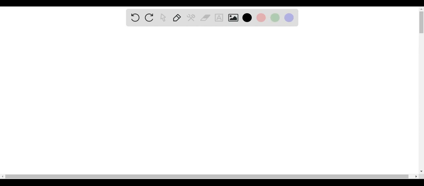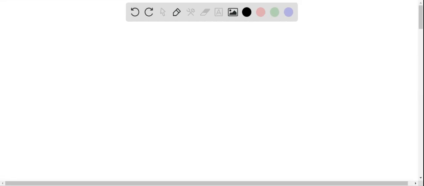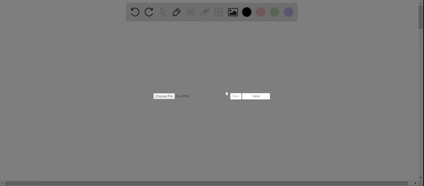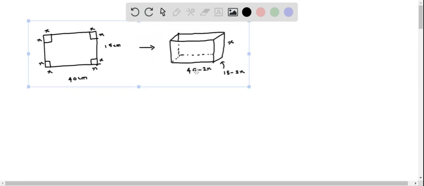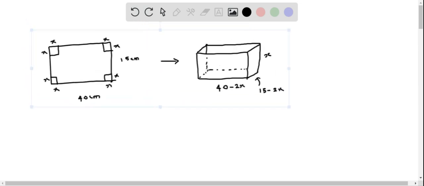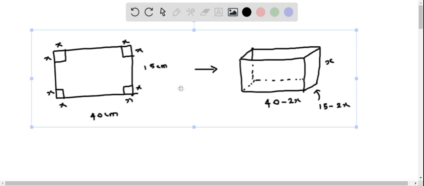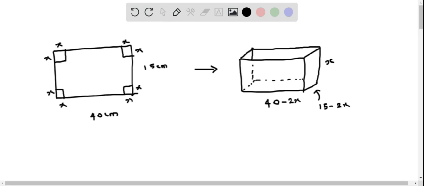Okay, so let's first draw a diagram representing the situation of the given problem statement. Let me bring the diagram which I have already drawn. So here is the diagram which represents this situation. So if we look at this right side, we have this plastic material with the length 40 centimeter and 15